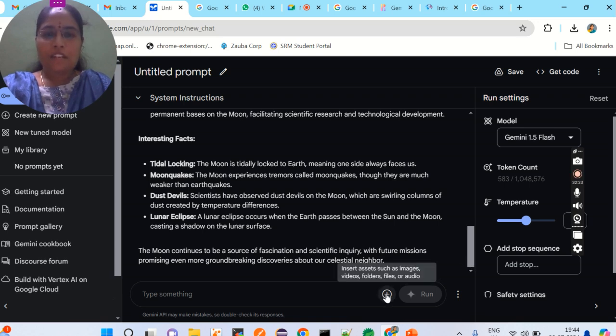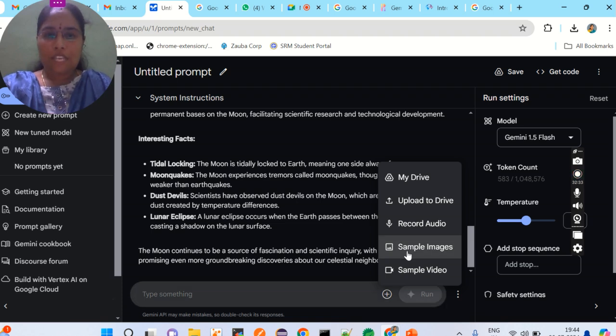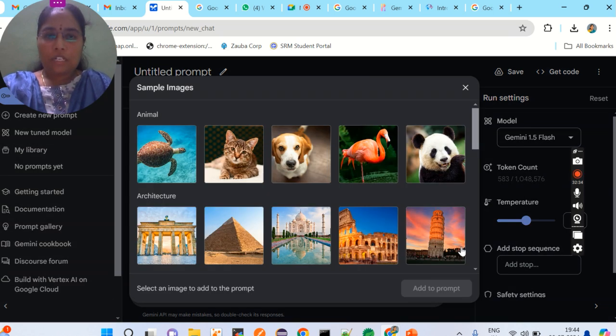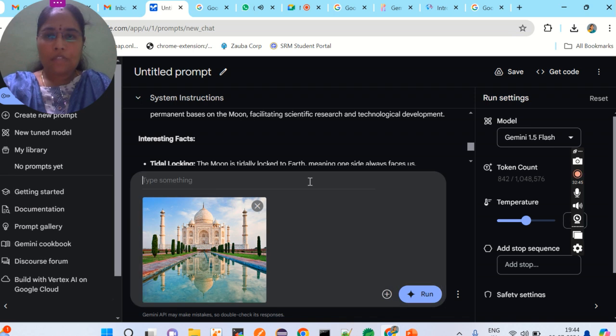Okay, that's okay. Like the text prompts that we give as an input, this is the kind of output that we can get. And sample images, let us check. So when we take the Taj Mahal and add it in the prompt,